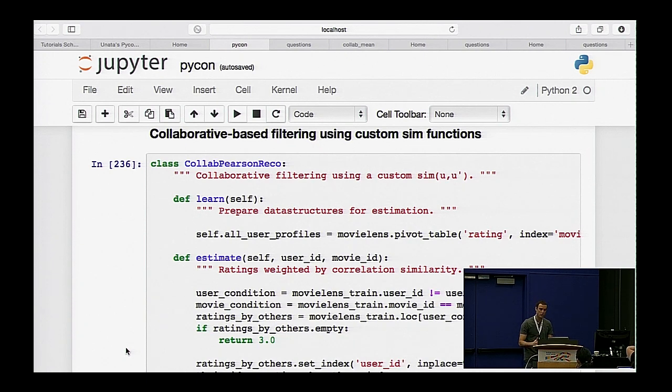But that aggregation is going to be weighted. And the weighting is going to be determined by the Pearson correlation similarity between the user for whom we want to estimate the rating and all the other ratings by the other users. Okay, so if we're estimating for myself, I'm going to take my ratings history and compare it with everybody else's ratings history